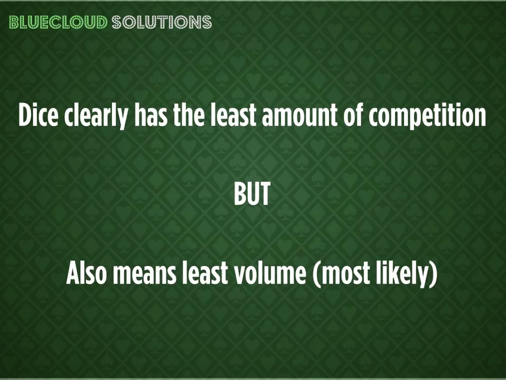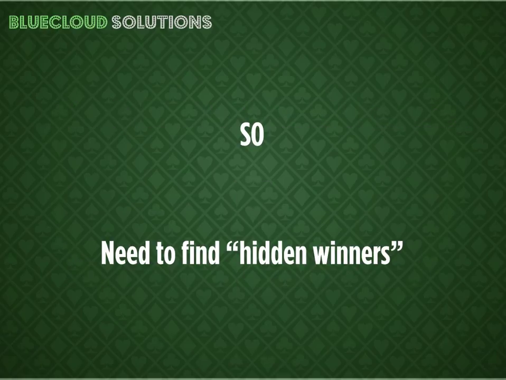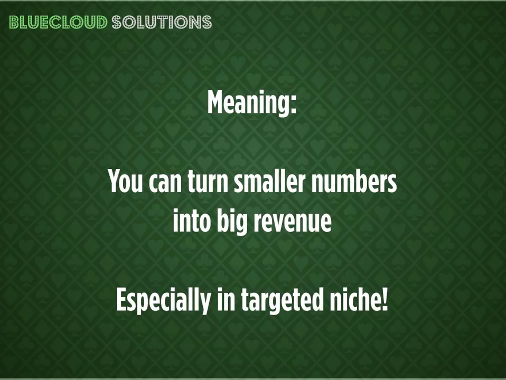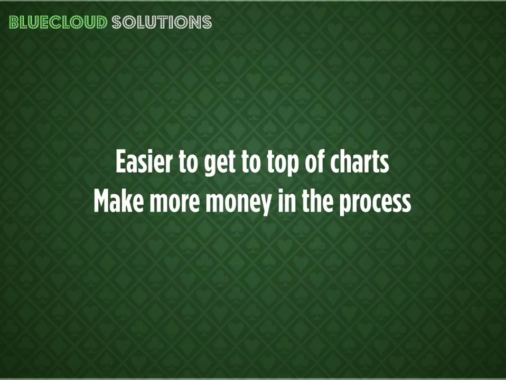It's definitely lower for various reasons. And what that means is you need to find these hidden winners. You need to find the ways to go into these lower volume but lower competitive environments and still have a winning strategy. So you can turn the smaller numbers into big revenue, especially in these targeted niches. Okay, because when you do that, it's easier to get to the top of the charts and make more money